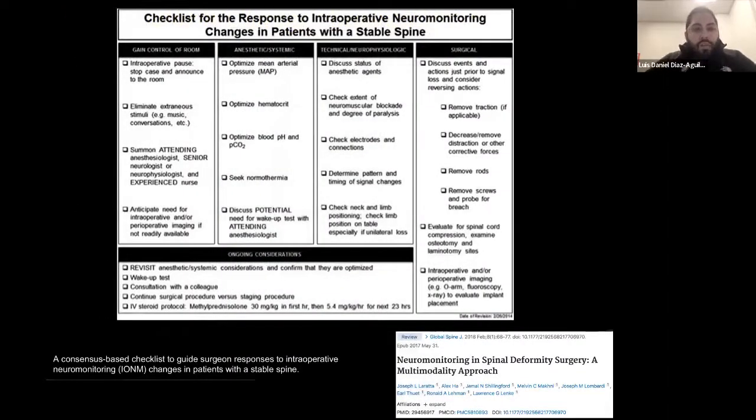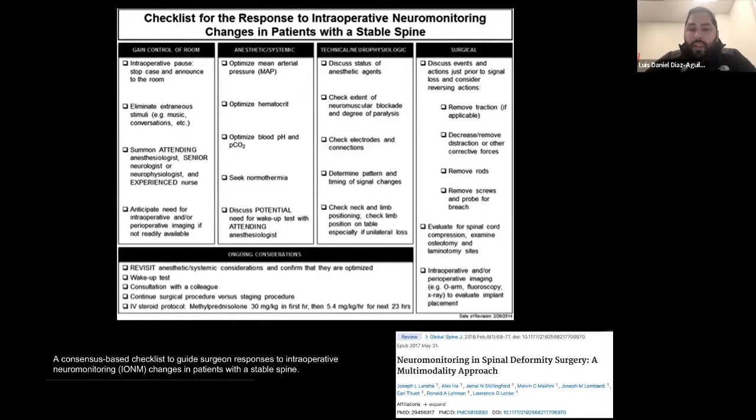One article which really puts this together in a clear intraoperative checklist for neurophysiologists to utilize is Neuromodality in Spinal Deformity Surgery, a multimodal approach from Global Spine in 2018, where the neurophysiologist, if they detect an alert criteria, needs to gain control of the room, activate a pause, eliminate the extraneous stimuli, very much like a timeout or a brief, discuss it with the appropriate anesthesiologist, the surgeon, and then go through those differentials, optimizing the MAP, hematocrit, pH, ensuring that there's normothermia, discussing the use of the anesthetic agents, the extent of the neuromuscular blockade, perhaps using a train of 4, ensuring that the electrodes and connections are appropriate,